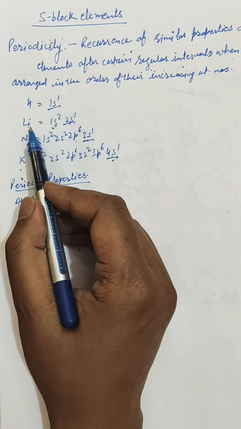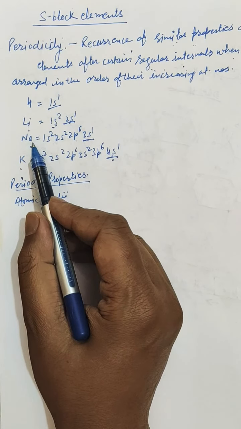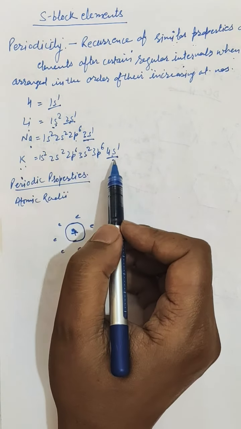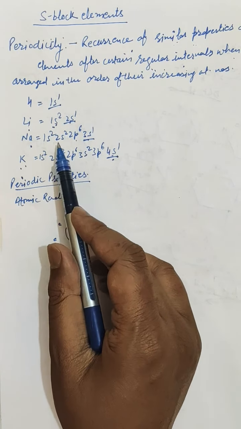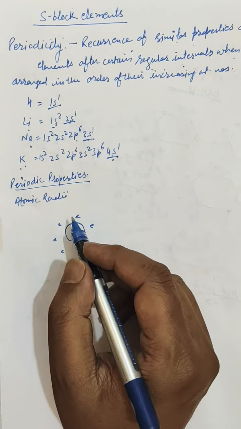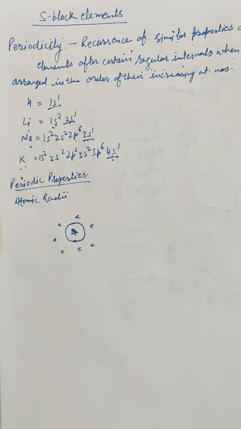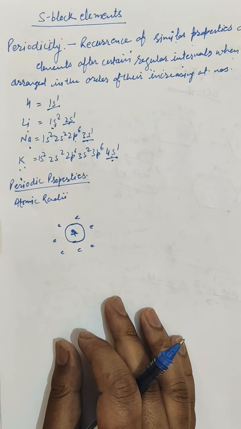In the case of lithium it is a 1s2 2s1 electron, in the case of sodium it is a 3s1 electron, and in the case of potassium it is a 4s1 electron. You can see that the number of electrons is increasing, so obviously the size of the atom will increase, as electrons occupy space and so increase the size of the atom.